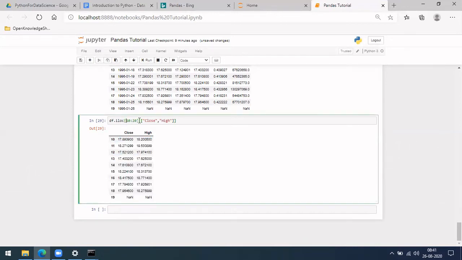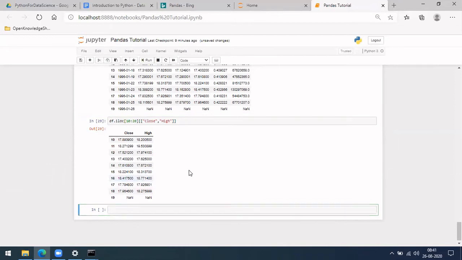So you can select what columns you want to view and also what rows you want to view. This is a feature which gives us easy flexibility.